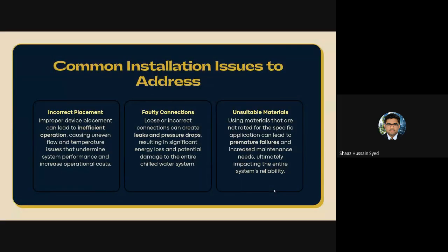What are the installation issues that we face? These are the installation issues usually. Real world scenarios I'll explain: air trapped inside the coils, strainers completely blocked with construction debris, FCUs connected backwards, insulation missing around the pipes, valves installed incorrectly, air vents missing at high points. These usually are the real world issues that we are facing. I have seen these kinds of issues due to which the delta T collapsed. These are particularly related to installation.